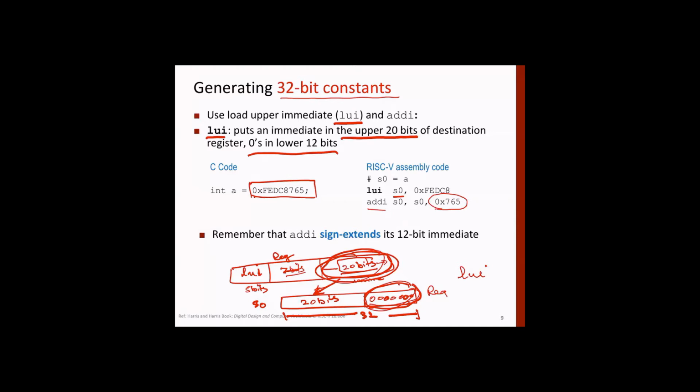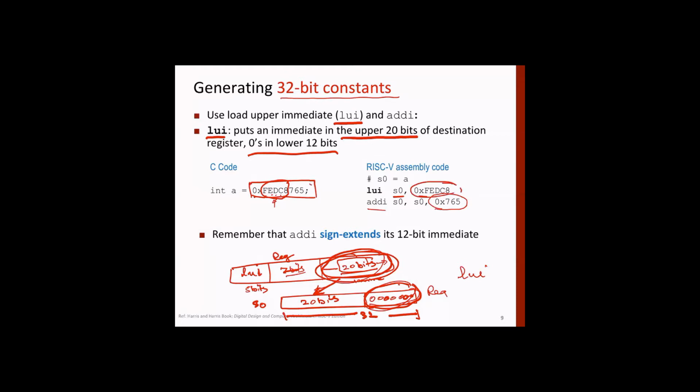Okay, sir. So basically, this works with 20 bits, right? Yeah. So this LUI instruction, if you look at its format, it is defined in such a way that it has an immediate field of 20 bits. Now you are taking those 20 bits, which correspond to this one, right? The first 1, 2, 3, 4, 5, so these 5 hex digits, because each hex digit is represented by 4 bits, so basically 20 bits. These 20 bits will be part of your instruction.